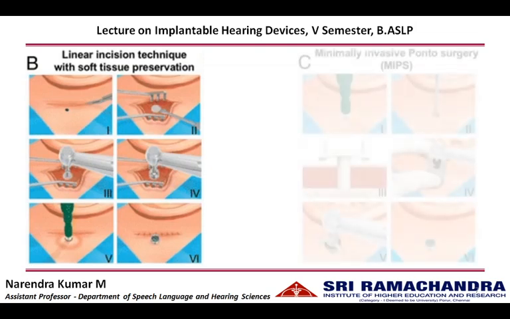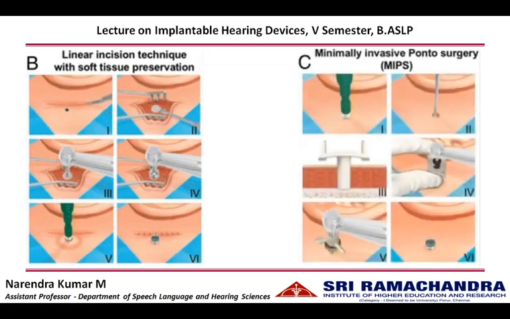A further minimally invasive approach is used by Ponto surgery, where there is no incision made. The site of implantation is marked and a skin puncture is used at the site of implantation. The skin and the soft tissues at the site of implantation are removed along with the periosteum. Then a cannula is used to guide in such a way that the soft tissues are not disturbed. With this cannula in place, the driller is used to drill the cortical bone to sufficient depth.